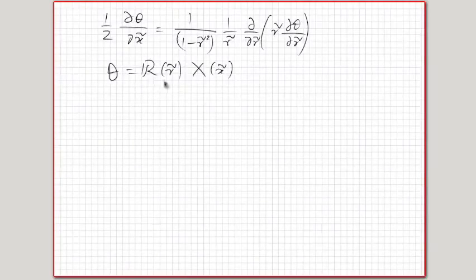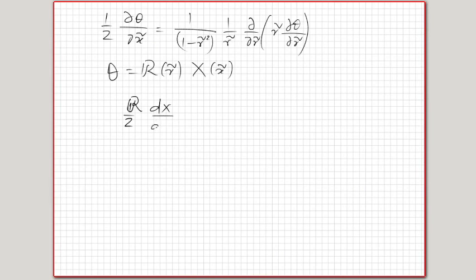So theta can be written as a product of capital R, which is a function only of r tilde, and capital X, which is a function only of x tilde. So if I do that, then I'll get half of, since R is a constant, I'll be able to take the R out of this differentiation. It will be dX